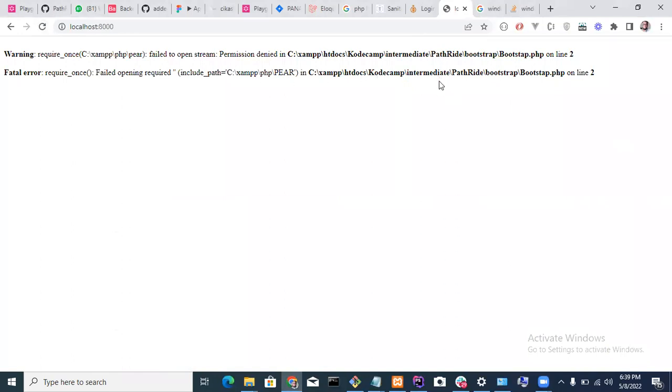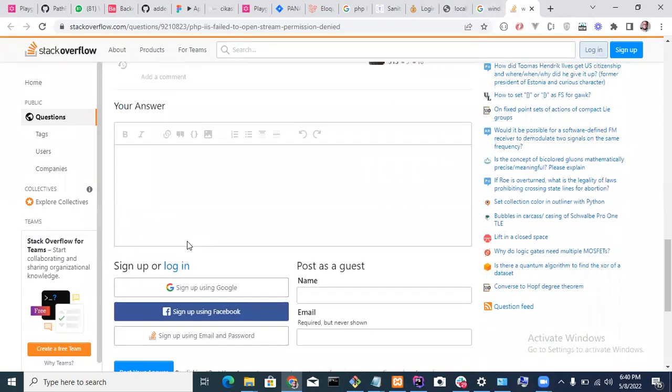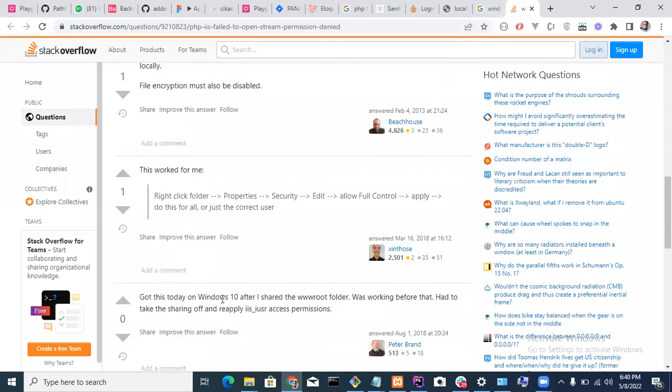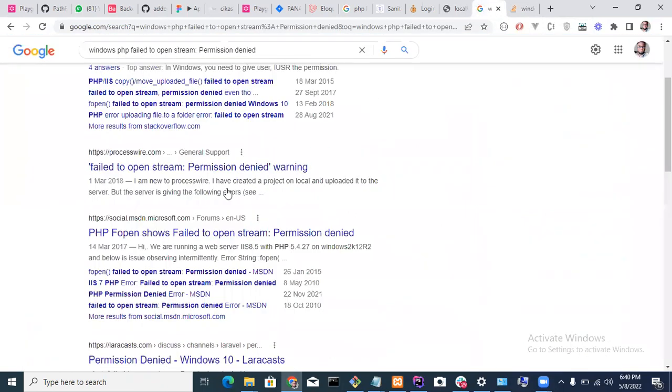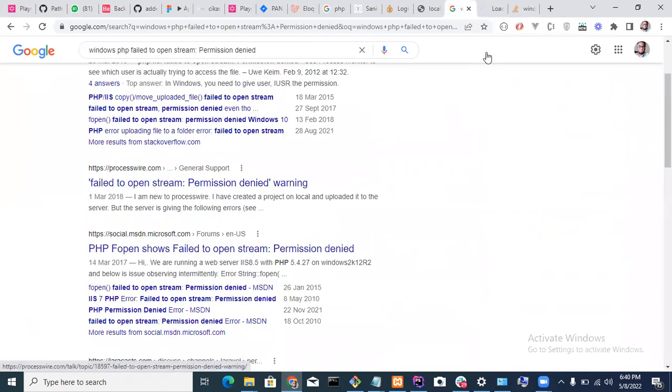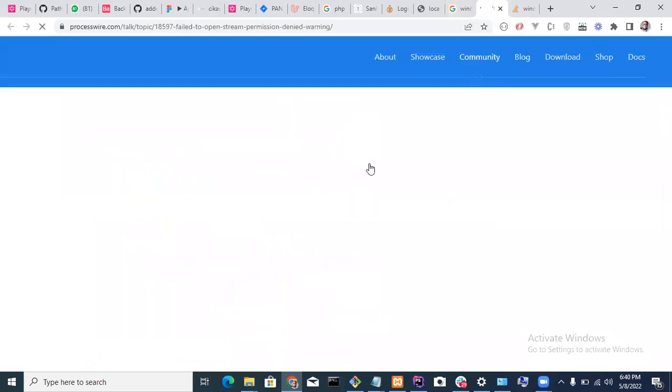Interesting. And this issue at times might be the composer.